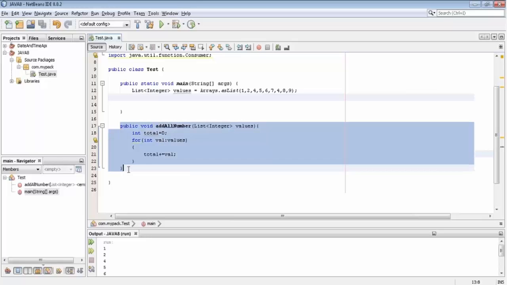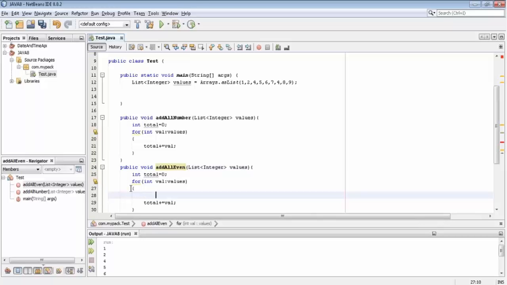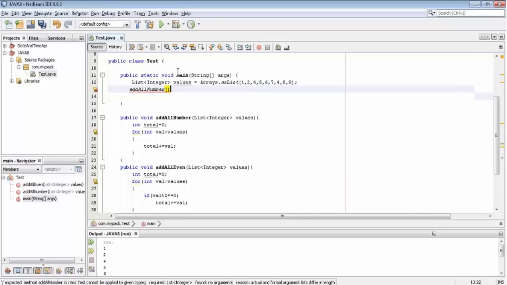You will see that this method is looking something like that. So I should copy this one and paste. I will just change the method name, and here I will make a check inside: if val modulus 2 double equal to 0, then this is going to add. So this is what you can do, and just you can call, suppose first adding all numbers, going to create an object of this,